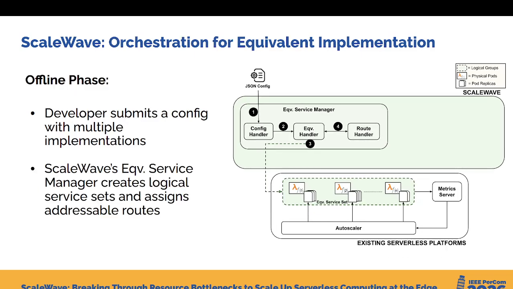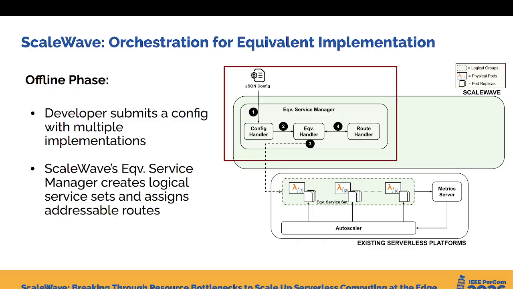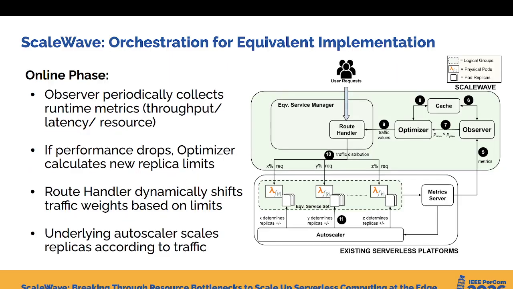In the offline phase, developers submit a configuration file containing the service and its implementations. Then the service manager creates logical function groups for each service, assigns a single entry point route, and then distributes incoming requests across grouped functions. This prepares the system for runtime orchestration and leads to the online phase, where, as